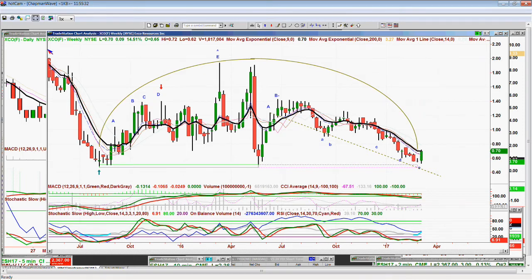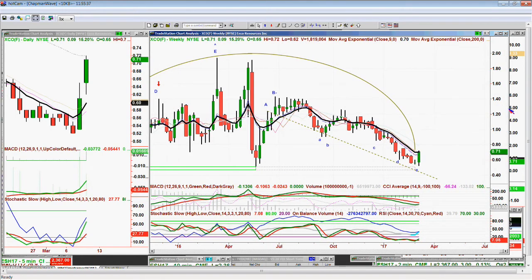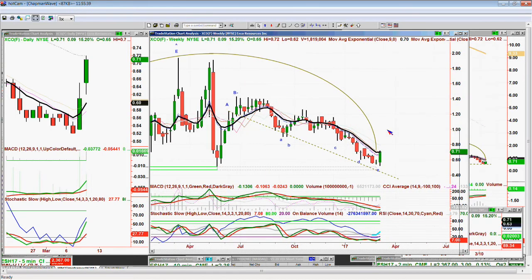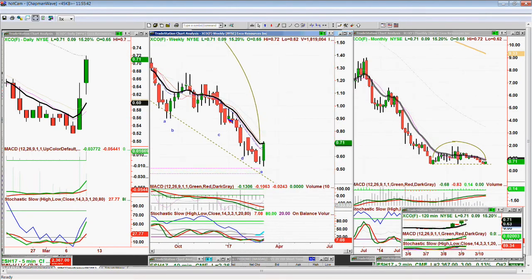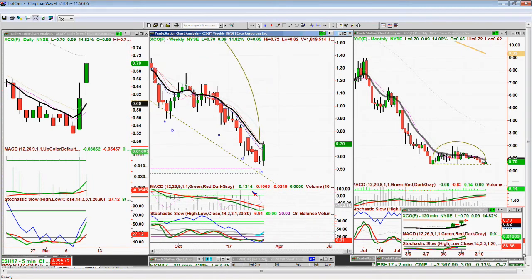So I'm going to suggest to you, hopefully it's a nice bit of news, and it pops up a little bit, and then it pulls back because its natural tendency is to keep falling. But if you can pick this up, I would not pick it up if it's bad news and it really comes down. It's at 71 cents. If it closes in the next 2 days below 0.60, that's not good. But if it just pulls back a little bit to the 0.66, 0.64 area with fairly decent news, I would say you've got your eyes on something that has the potential,